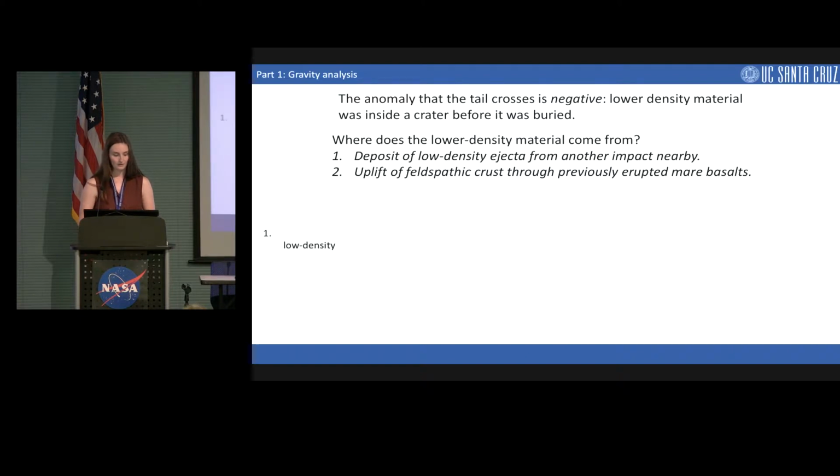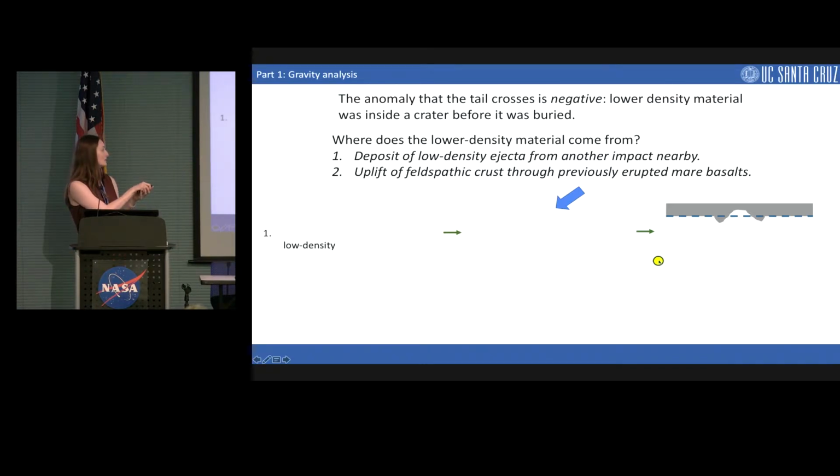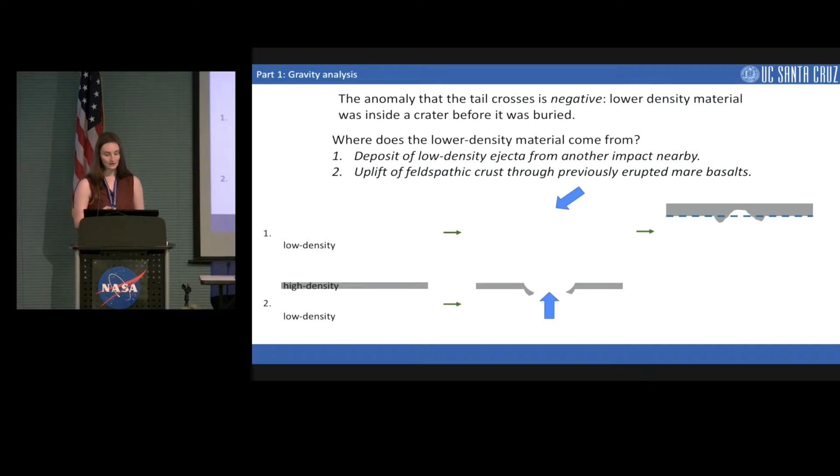crater itself. In the first case, you start with an empty crater that you cannot see at all here. So you'll have to trust me when I say that there is a mound of material there. Imagine that there is the light gray box filled underneath, and the part that is causing the negative anomaly is this bit right there. And then in the case of the uplift from the crater formation, you start with some basalt eruption on top of it, which then uplifts through that, and you end up with the same sort of cross-section as in the